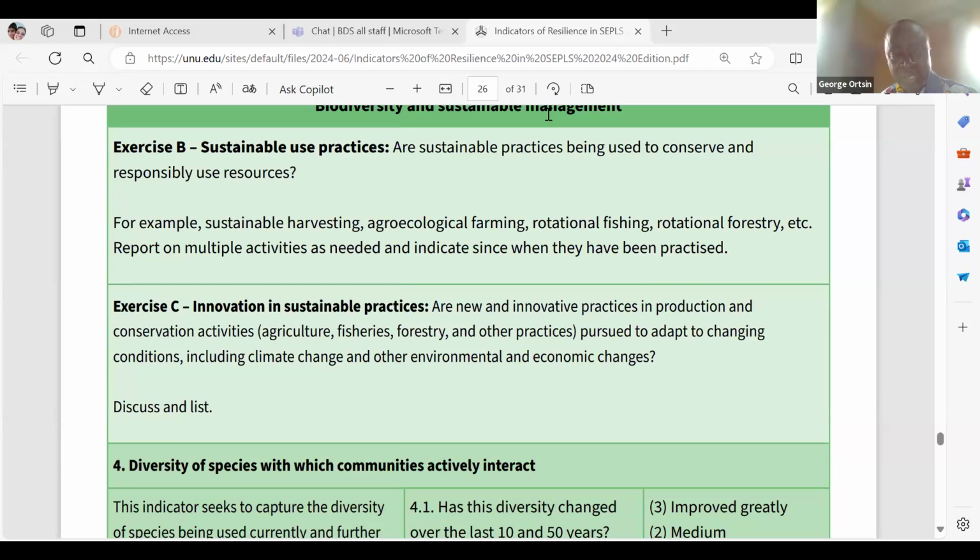Good. If you can get a last person, so Hyacinth is representing government. She's pretending to be a government representative. Yes, in the landscape, after hearing the discussion from some of the other stakeholders, what do you think about what's happening in this landscape, and how does it relate to some of the government